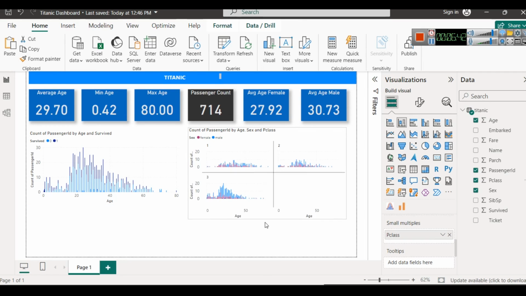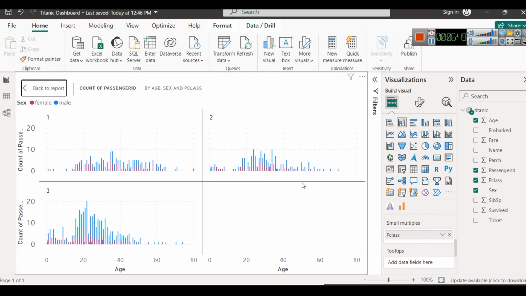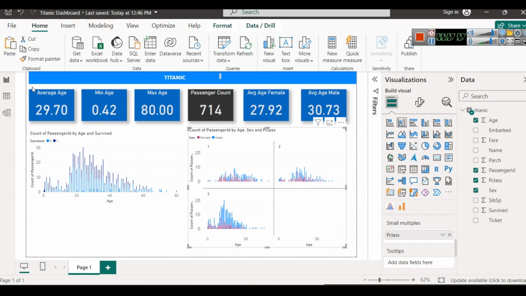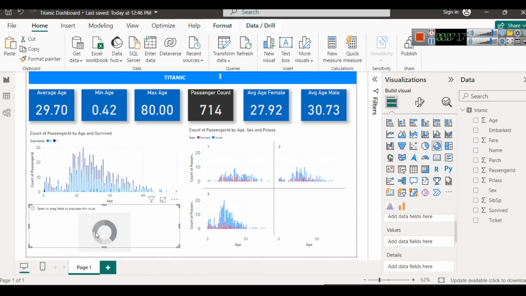So it's like a facet grid if you have done in Seaborn. So here it is showing us, let's zoom in. In passenger class 1, you can see there are more female, in passenger class 2, and in passenger class 3 there are less female. So it is showing us what is the ratio of female and male in all the classes. We can also see overall ratio of male and female in a simple